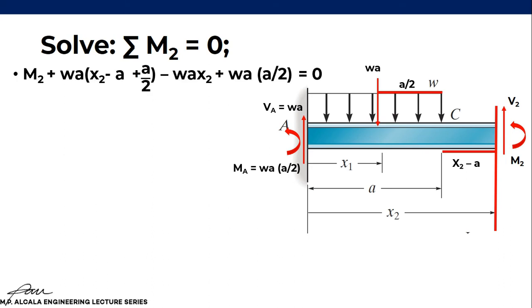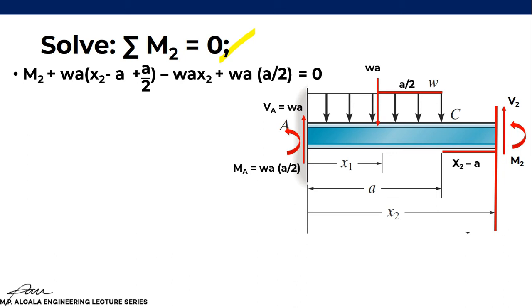That will be M2 plus WA x2 minus A, since we'll start again from the right. Summing moments at M2 is equivalent to 0. So, that will be M2 positive counterclockwise. V2 is 0 since no moment arm from V2 to point 2. Then WA,